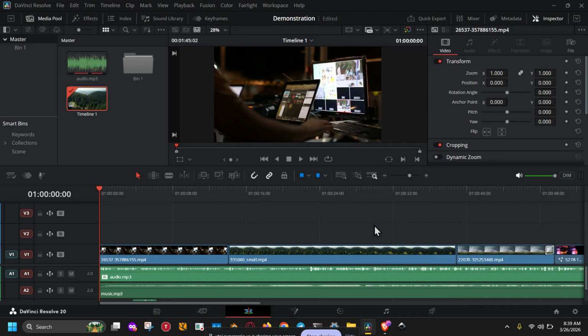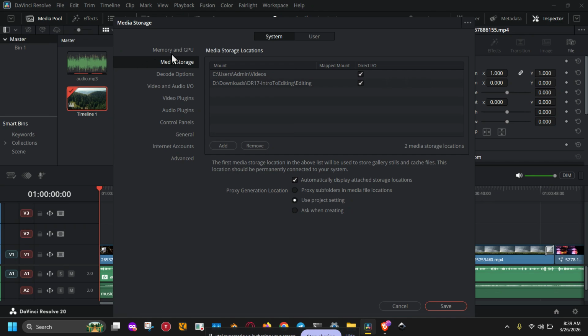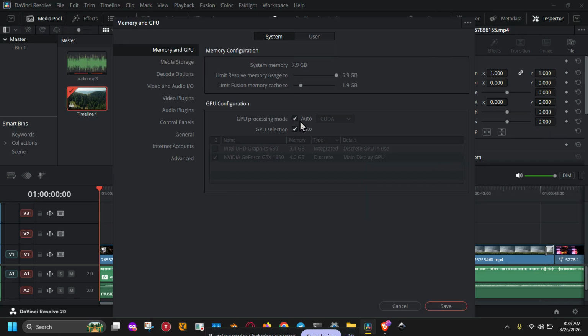Go to DaVinci Resolve in the top left corner, then open Preferences. From there, go to System and then Memory and GPU. This section controls how Resolve uses your graphics hardware, so it's very important for fixing memory-related problems. If you see the Auto box for GPU selection enabled, uncheck it and manually select your primary graphics card. This is especially useful if your computer has multiple graphics options and Resolve is not automatically choosing the best one. By selecting the main dedicated GPU yourself, you can prevent the software from using the wrong device or splitting resources